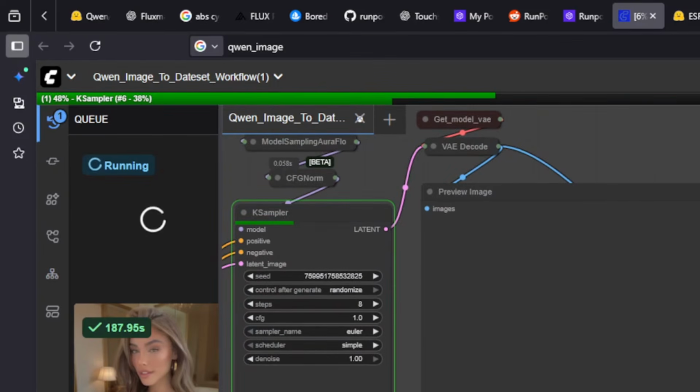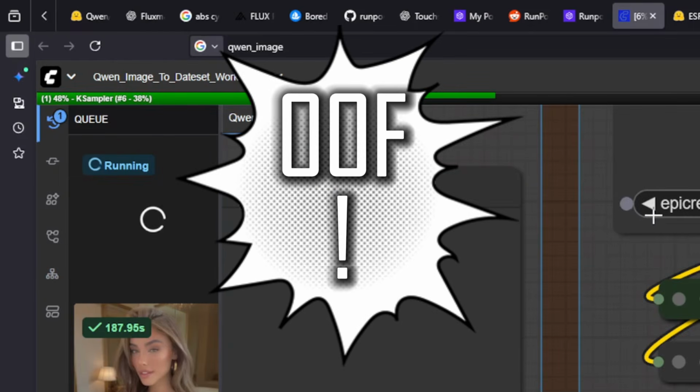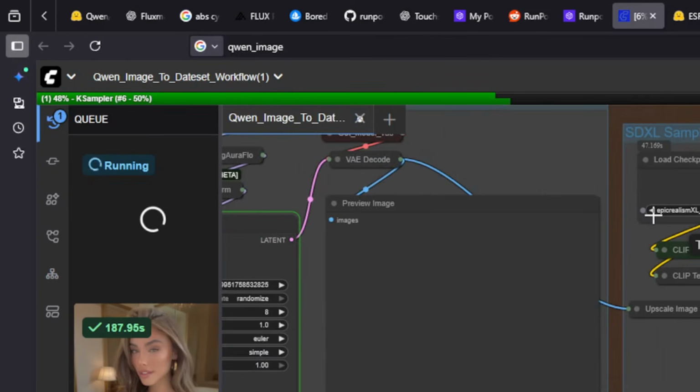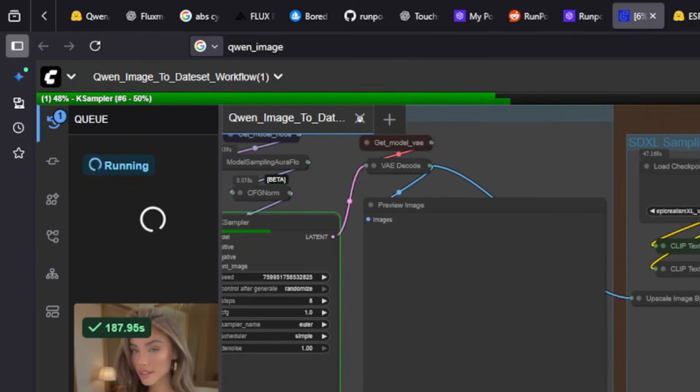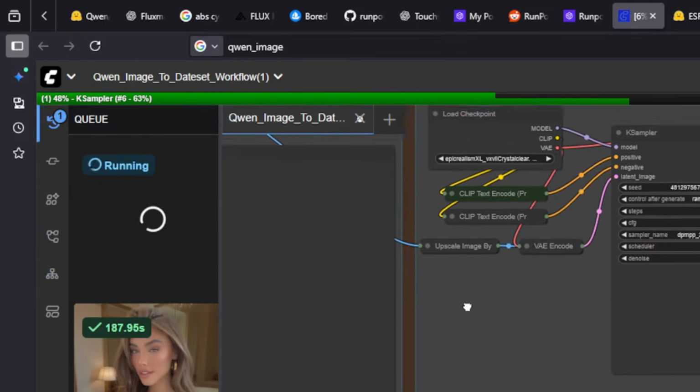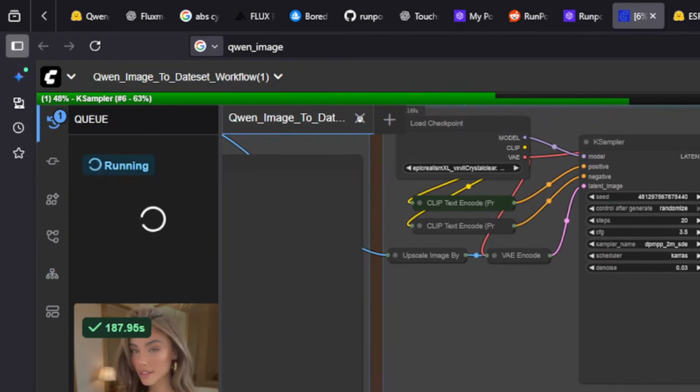Shoot, I'm not sure if I even have it. Like I do. Which shows how important it is. But no, I think that's just more for the skin sampling, basically. Yeah, skin. So you'll want to get this upscale model.